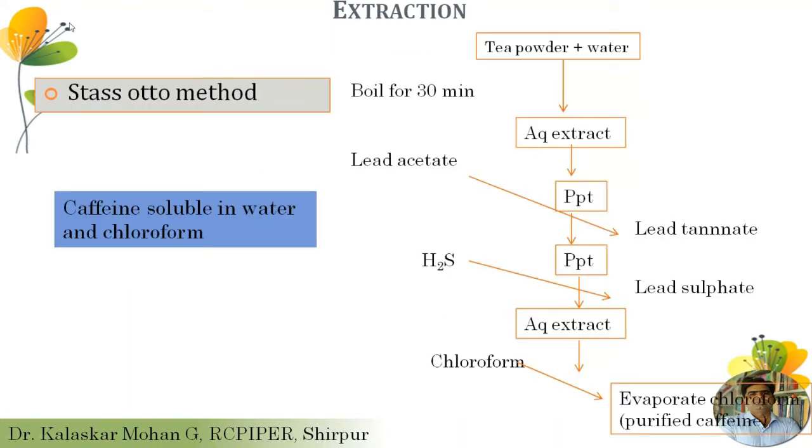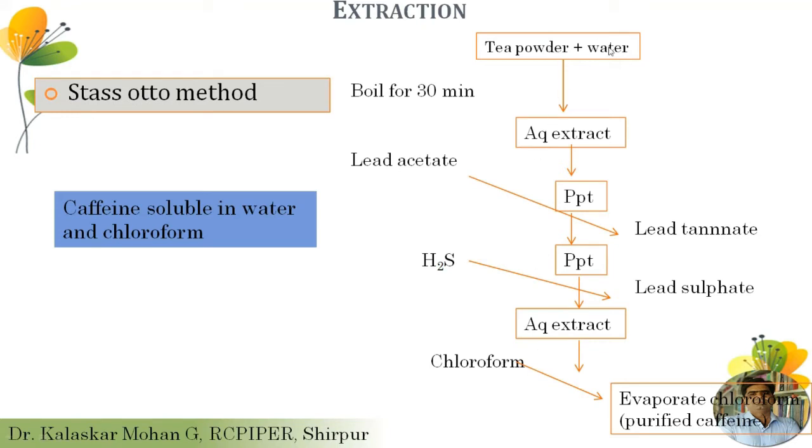Another, older method is known as the Tswett-Autor method. This method is designed for the extraction of caffeine from tea leaves. As we know, tea leaf contains caffeine along with another chemical constituent, that is tannin. Tannin shows solubility in alcohol and water, and caffeine also shows solubility in water and alcohol. For that purpose, some manipulation steps are carried out to remove the tannins and later extract the caffeine.